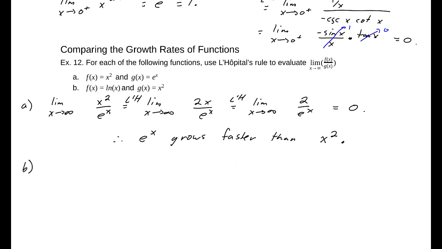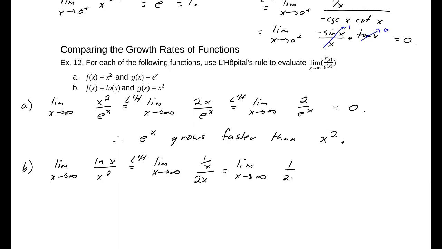All right, now let's compare the two functions, natural log of x and x squared. Natural log of x over x squared. These are both going to infinity. We know they're getting larger as we go, so let's apply L'Hopital's rule. That'll be 1 over x over 2x, which algebraically is equivalent to 1 over 2x squared,